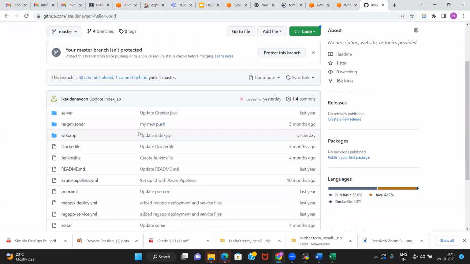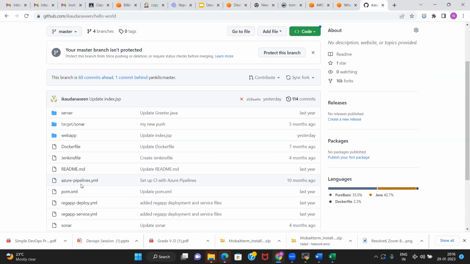When software is being developed, after the analysis phase there is a coding phase. The developer does the coding, and there needs to be a central place where developers put their code, because multiple developers will be working on one project.